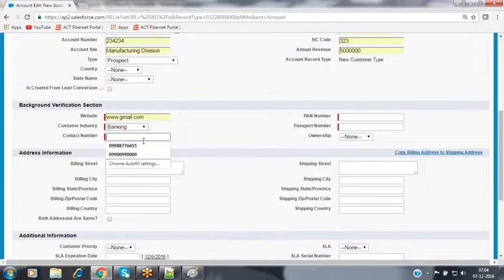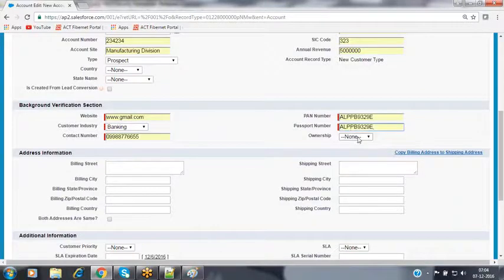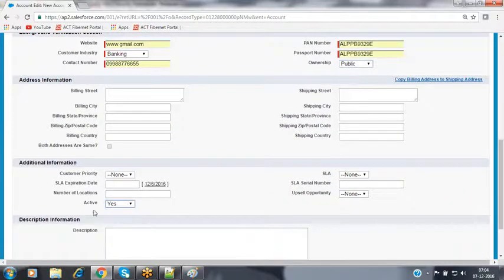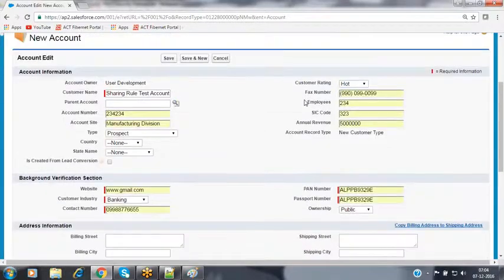Industry, I'm making it banking. Ownership, I'm making it public. Active field value is yes. Industry is banking. Ownership is public. Rating value is hot. All the 4 conditions are satisfied right now. My record name is sharing rule test account.